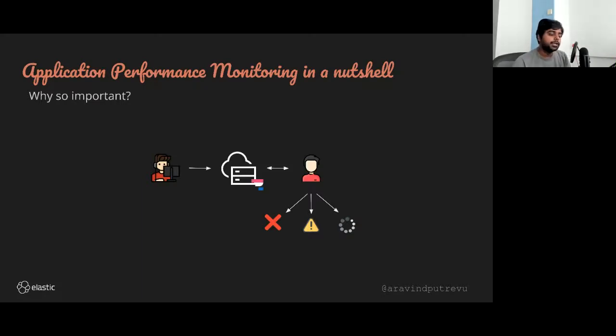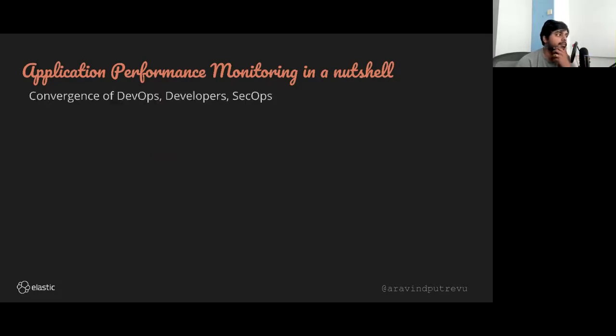So then you implement the open source tool called APM, and then you will be able to ship the data to a centralized store. And then you could collate all of this with logs and metrics to see what's happening and why this event is occurring. The user or a developer can leverage that and solve the problem.